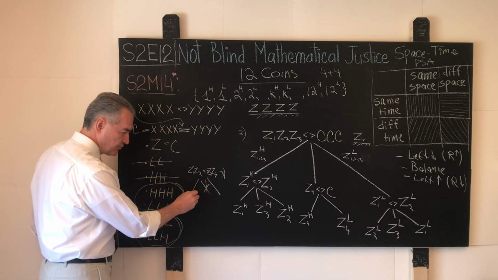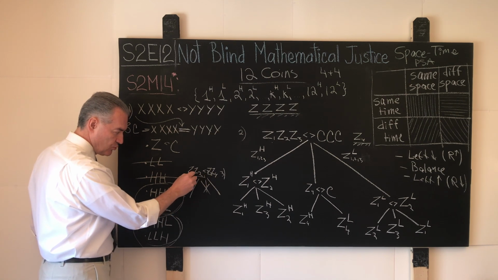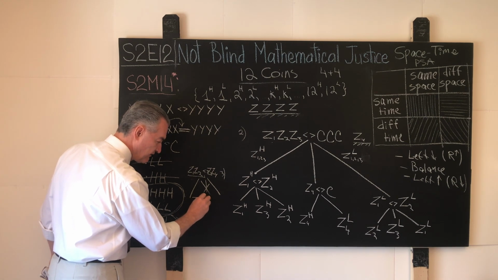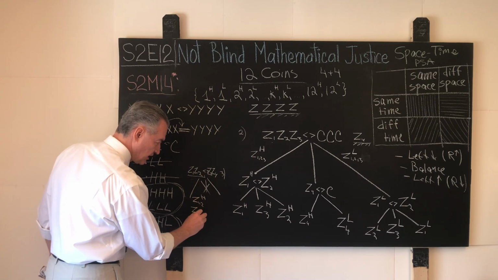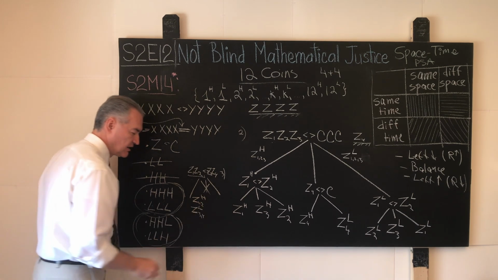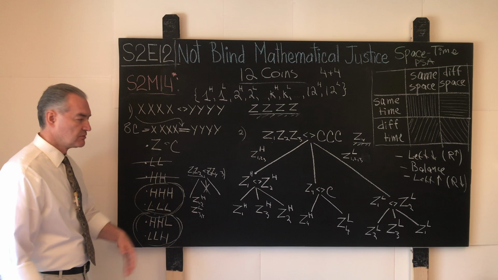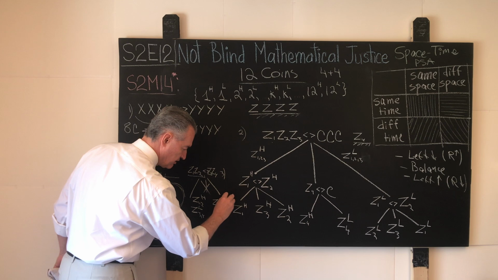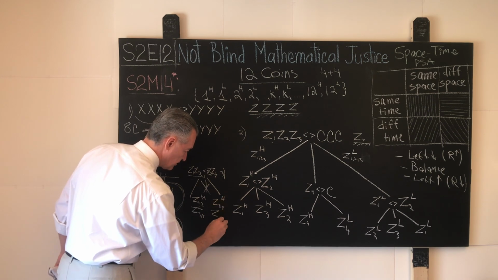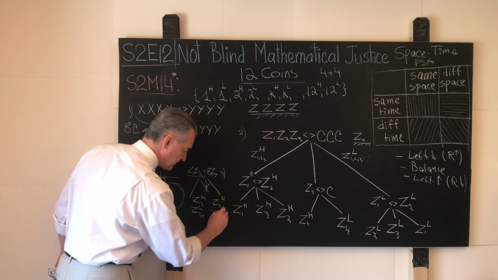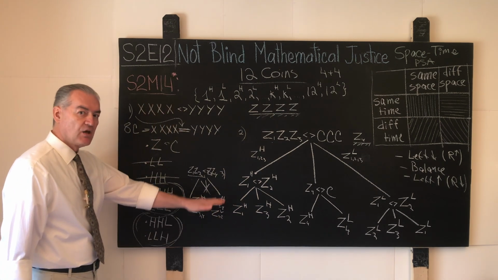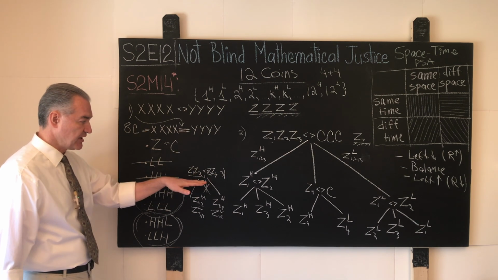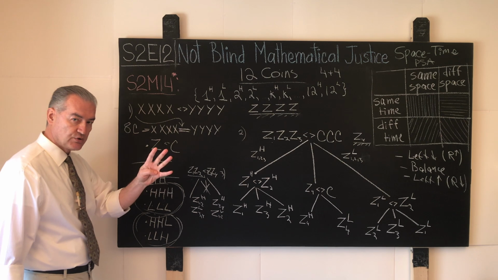Well, in this case, for example, when the pan that contains the coins named Z1, Z2 goes down, what do we have? The coins Z1, Z2 are heavy, and the coins named Z3, Z4 are light. How many outcomes is this? 4. And in the other case, here, the coins Z3, Z4 are heavy suspects, and the coins named Z1, Z2 are light suspects. Again, how many cases? 4. This particular weighing, as number 2 in this case, generates the demand for 4 units of information.